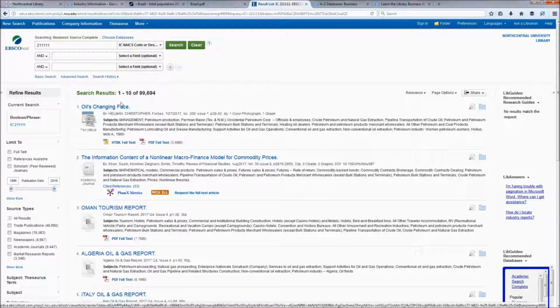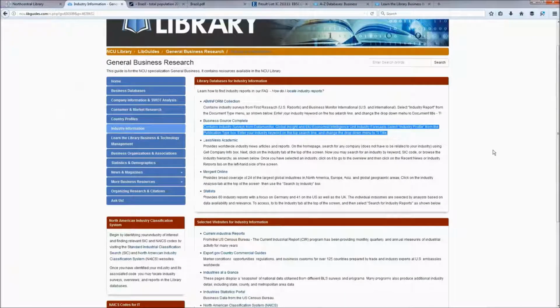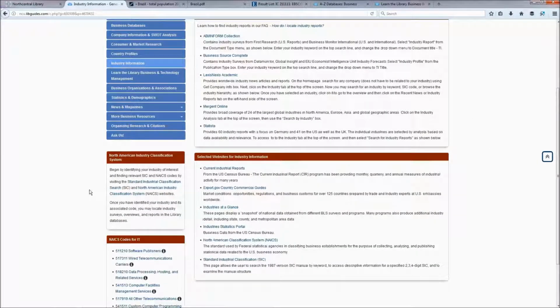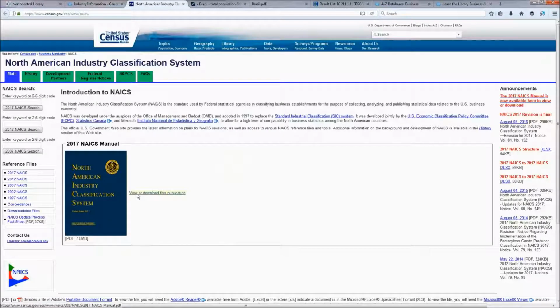So again, this can be a very helpful way to search for your industry by identifying that specific code. Let's go back to our library guide, and I'll show you both on your outline as well as here on this page, we do have links to the SIC code as well as the North American Industry Classification System. If I click on this link here, then it will take us to that